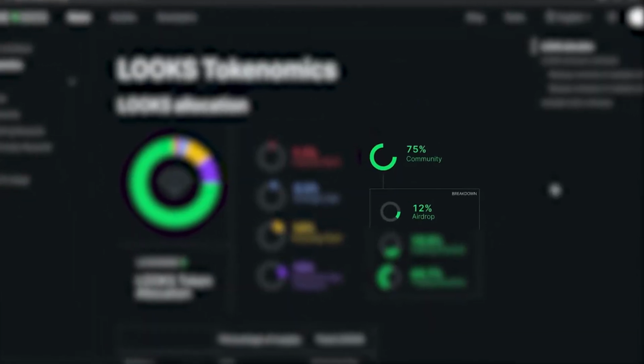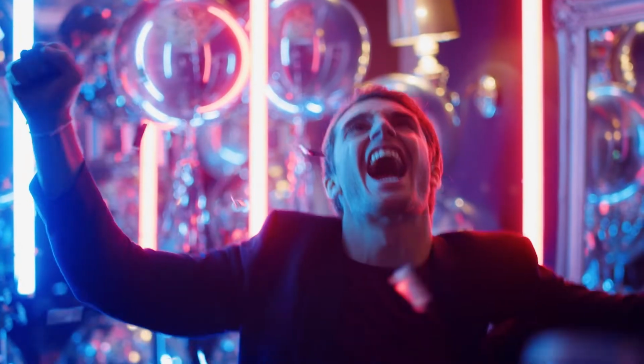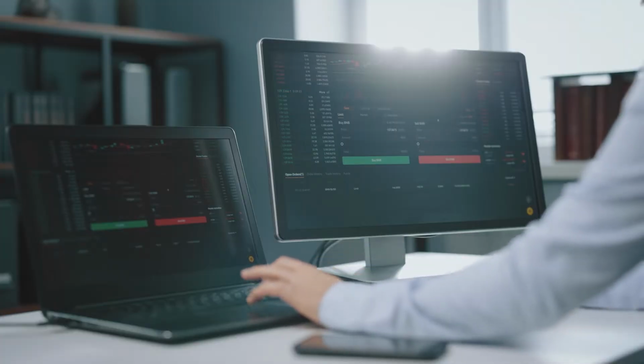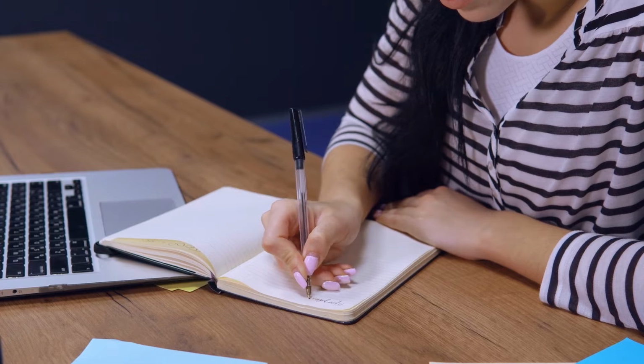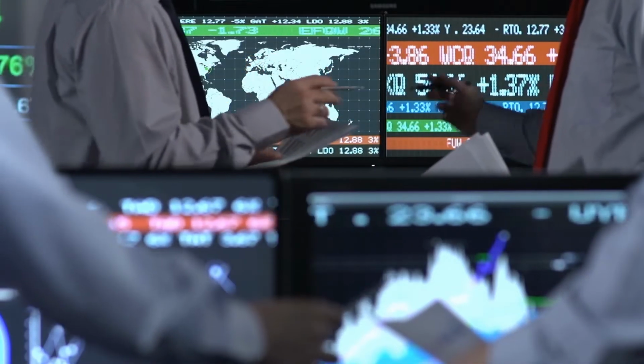As part of Looksrare's launch, it is distributing 120 million Looks tokens. This is roughly 12% of the total supply to the NFT community. These tokens will be airdropped to the winners' accounts. To be able to claim these tokens, a user needs to meet a list of important requirements, which I will talk about in detail a little later. The minimum airdrop per eligible wallet is 125 Looks tokens, and the most active traders can receive up to 10,000 tokens. Now, I will take you through a short tutorial to help you understand how you can participate in this